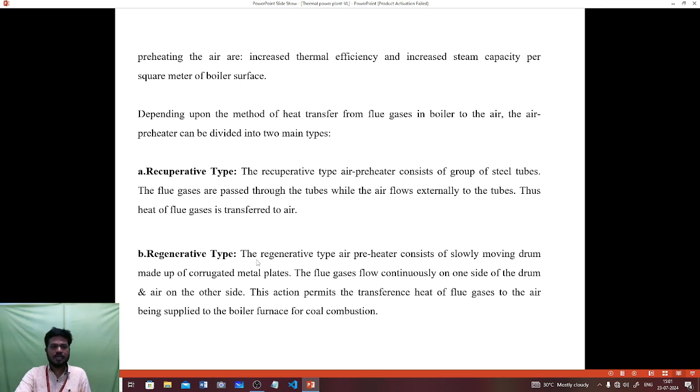Next, the regenerative type. The regenerative type air preheater consists of a slowly moving drum made up of corrugated metal plates. The flue gases flow continuously on one side of the drum and the air on the other side. This action permits the transference of heat from the flue gas to the air being supplied to the boiler furnace for coal